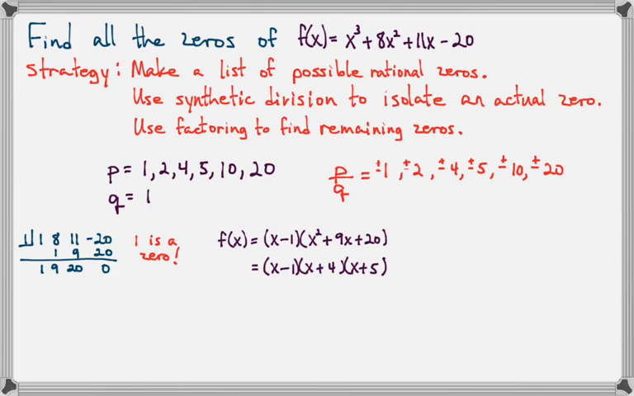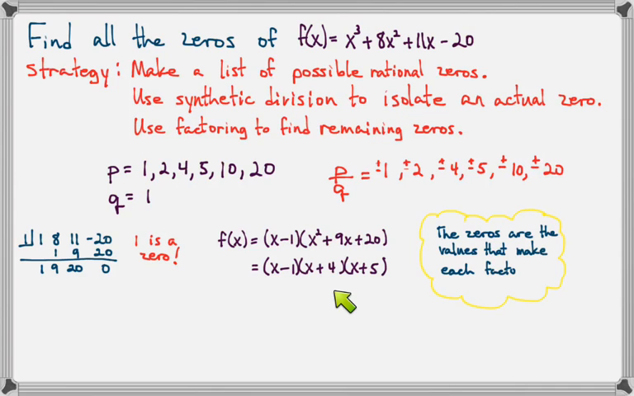Now, a 0 of the function is anything that makes the function equal 0. We already know 1 makes the function equal 0. The remaining zeros will also make these two factors equal 0. So